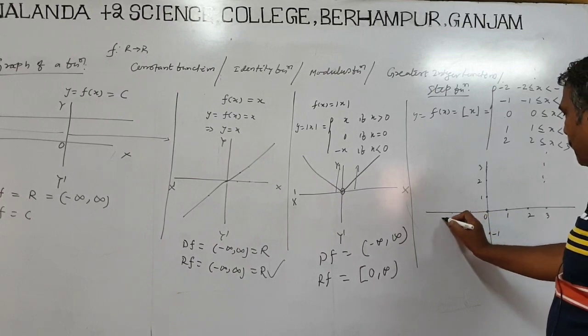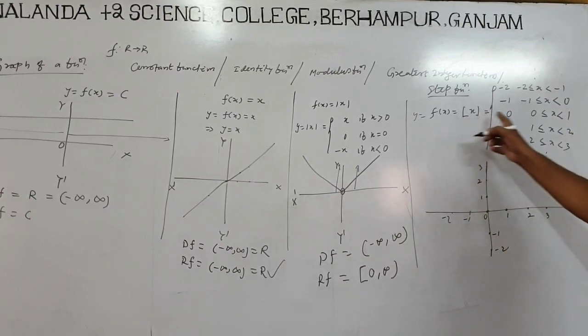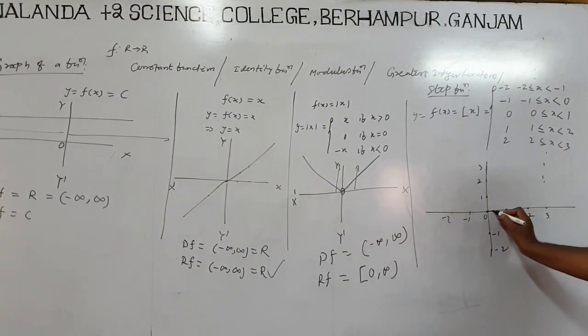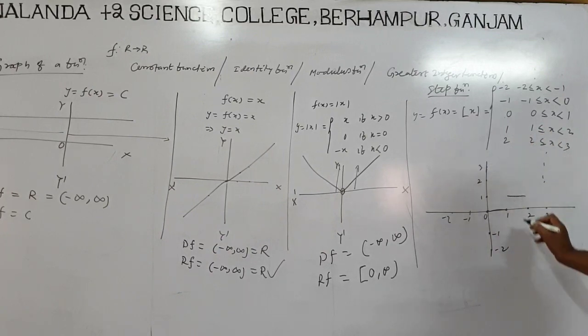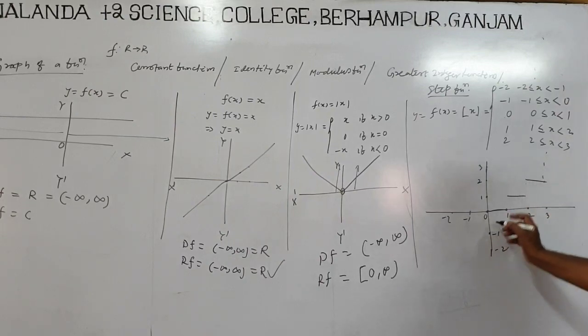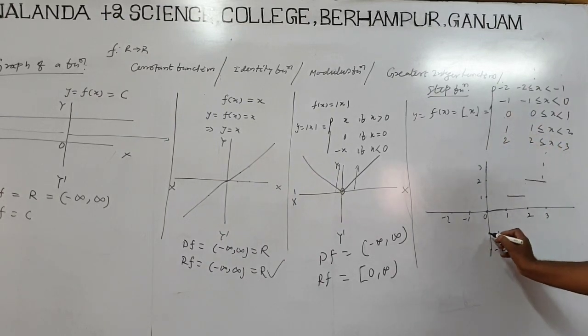Now y equals 0 when x goes from 0 to 1, then 1 to 2, 2 to 3, or minus 1, 0 to minus 1,